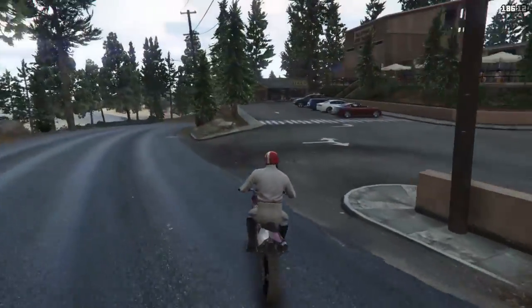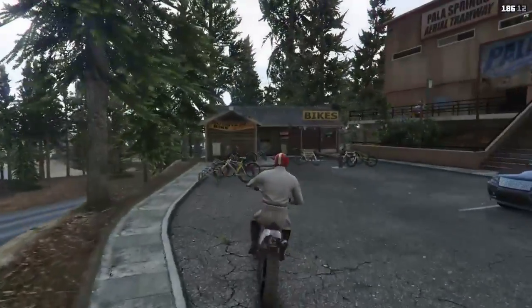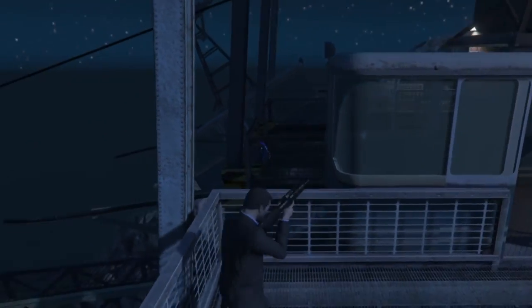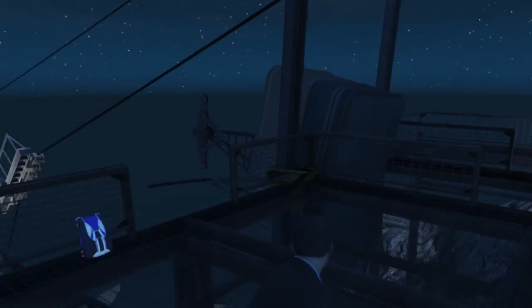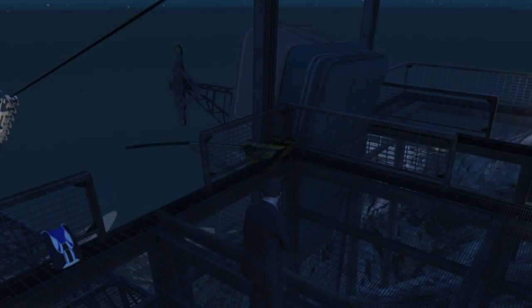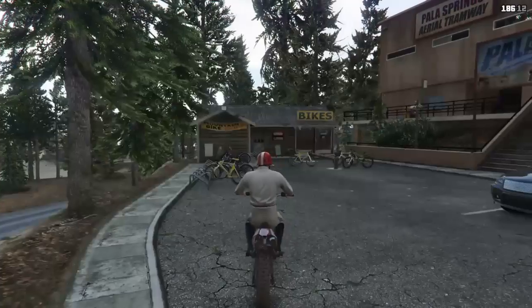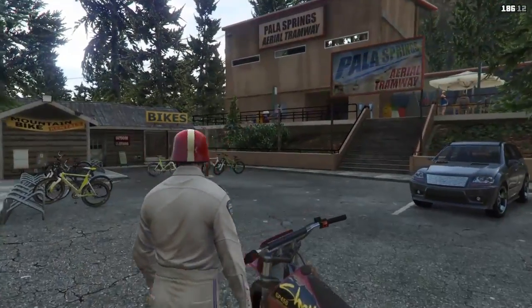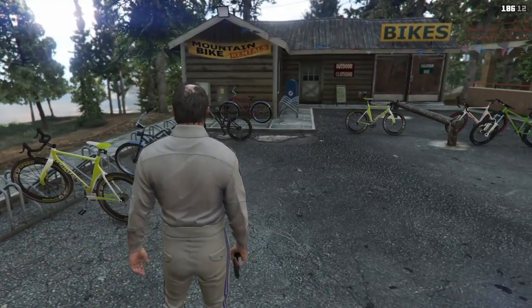Paleto Springs aerial tramway. You've got the tickets that are 2 for 1 at Franklin's house, and this happened to us one night, guys, when we were up there. We were just shooting like you're doing. What the? We were just like, what the? Like, that we had not seen before. So we knew there was something to these trams, and that we had never seen before. So this initiated a widespread search into the area and some research on the effects of what happens with the